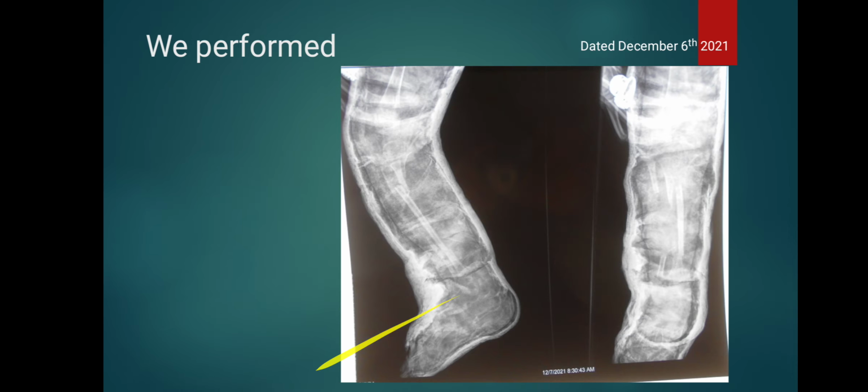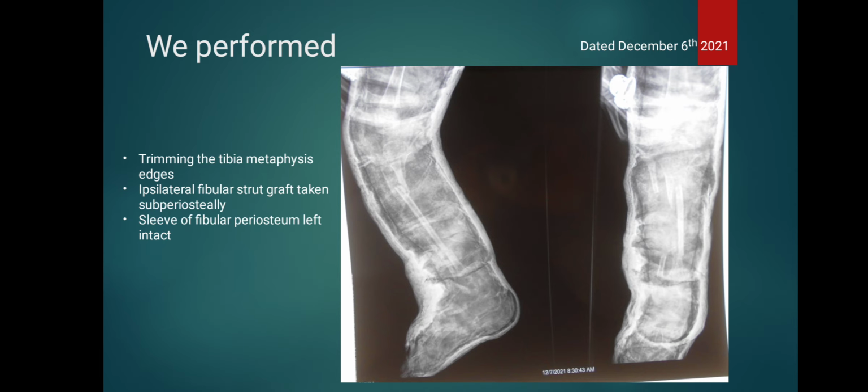This is what we performed. We trimmed the tibia metaphysis edges for refreshing them, and we took an ipsilateral fibular strut graft subperiosteally. The sleeve of the fibula that was left intact, we sewed back,